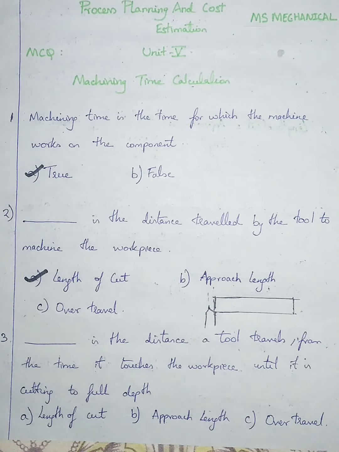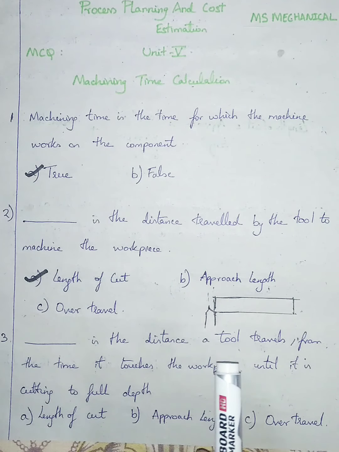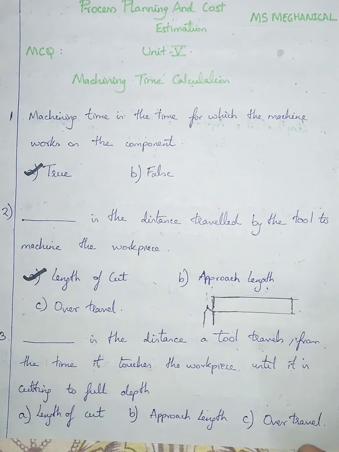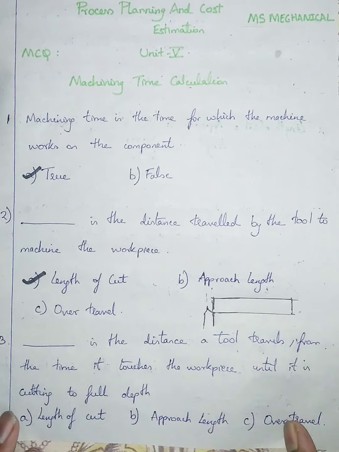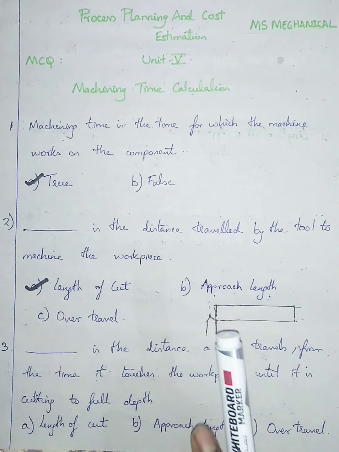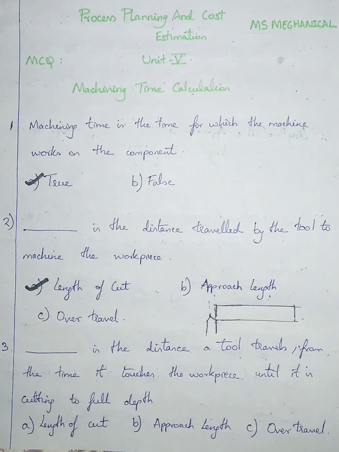So if you are going for tapering, you will just turn the degree, then you will get tapering. If you are just facing, you just go through with the tool. For every operation, you will be traveling with the tool. You will be operating the tool. The tool rotates, and from there you will be traveling. That distance is called length of cut.